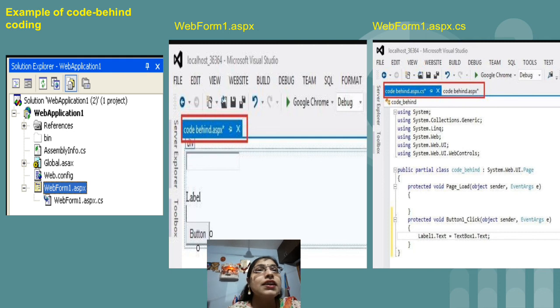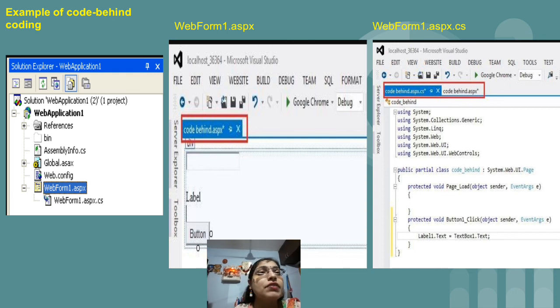So the second diagram indicates WebForm1.aspx, which is having one text box, then one label and one button. And on the aspx.cs file, we are going to write down the code for a specific event. For example, here just simply double click on button 1, we got the event as Button1_Click, in which we have written that the text entered in the text box should be displayed in label.